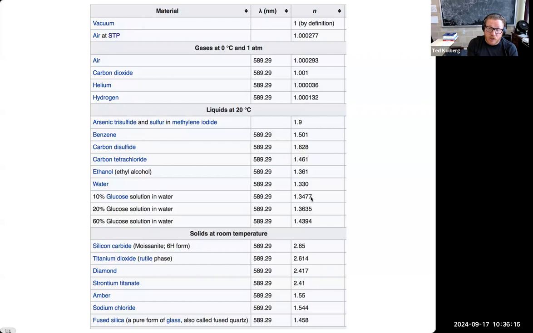The typical thing we do is add sugar to water, which can manipulate the index of refraction of water in the range of like 0.01 to 0.1 above its normal index of refraction of 1.3. So if I add a 10% glucose solution to water, that increases the index of refraction of the water by about 1%, all the way up to a 60% glucose solution in water. That's almost close to candy making, where you have really high concentrations of sugar in water. This would make like a simple syrup that has an index of refraction which is about 10% higher than water. And then beyond that, if I was interested in really low momentum particles, I could go to the